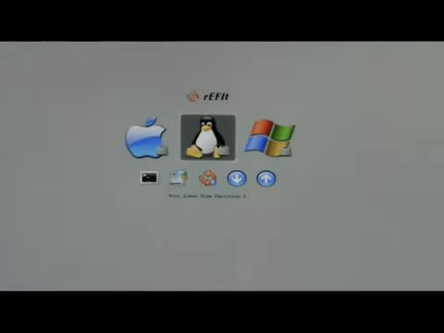This is part 3 of a 3-part video series showing you how to install 3 different operating systems on a Macintosh computer. Part 3